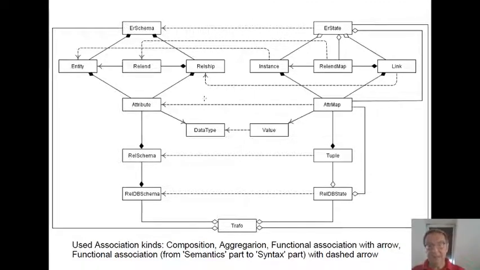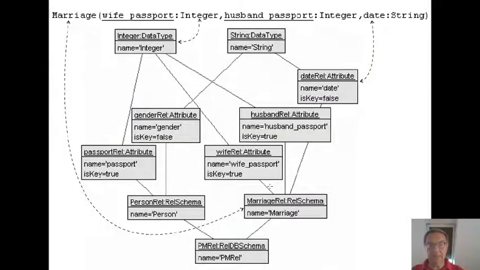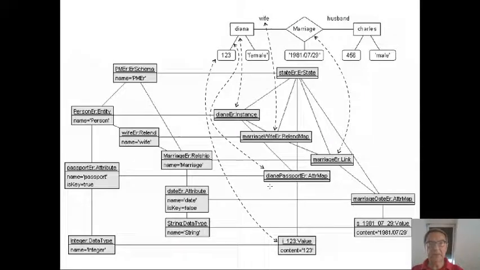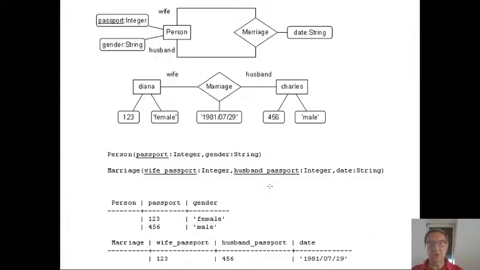This is a class diagram with which we can model the entity relationship schema, the relational database schema, the entity relationship state, and the relational database state. And the concrete example that we have been considering was